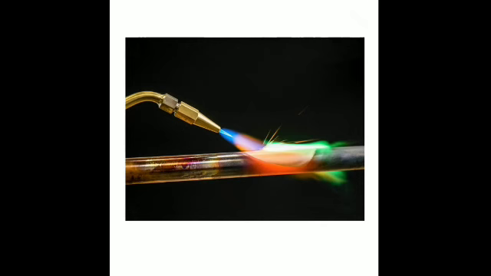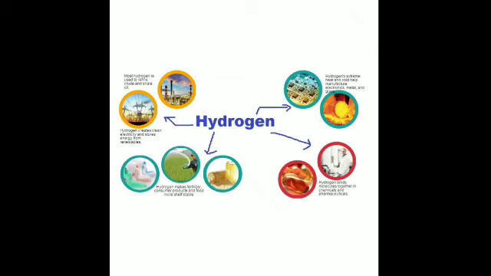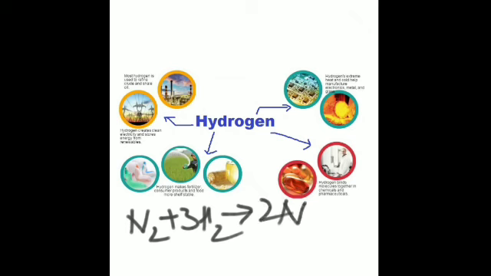Then this is used in the manufacture of compounds, that is in the manufacture of ammonia by Haber's process, that is a reaction of hydrogen with nitrogen in the ratio 1:3, 3:1, because I've told the reaction is N2 plus 3H2 gives you 2NH3. Now this is a reversible reaction. Is that clear? So the arrow will be like this, and it is carried out at high temperature and pressure in the presence of a catalyst. So this I have discussed earlier also.